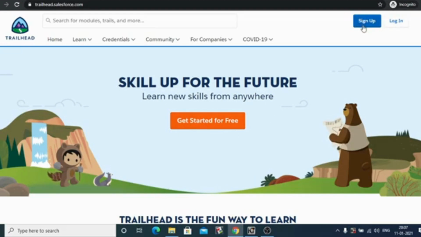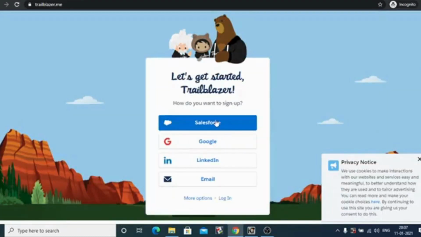on Sign Up. Both are the same. So let me click on Sign Up. One thing is mandatory: you should have a Gmail account so that you can link the same to